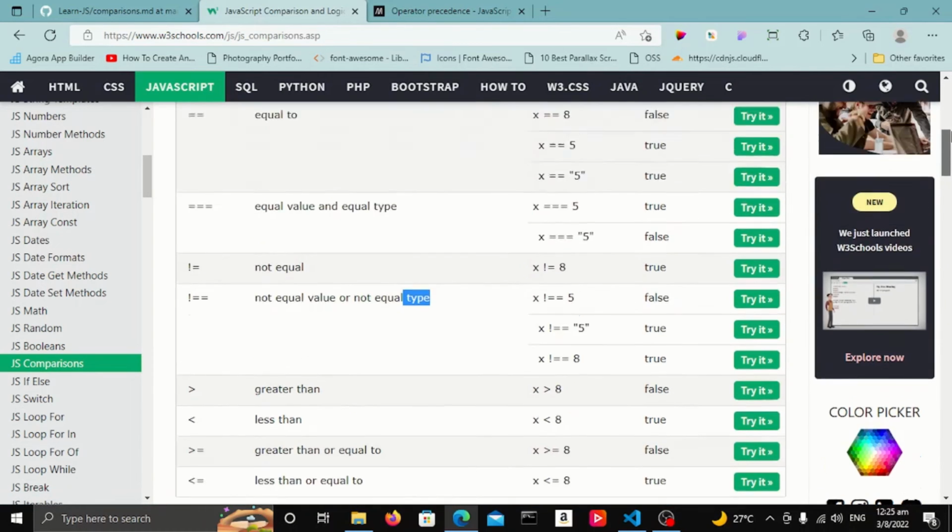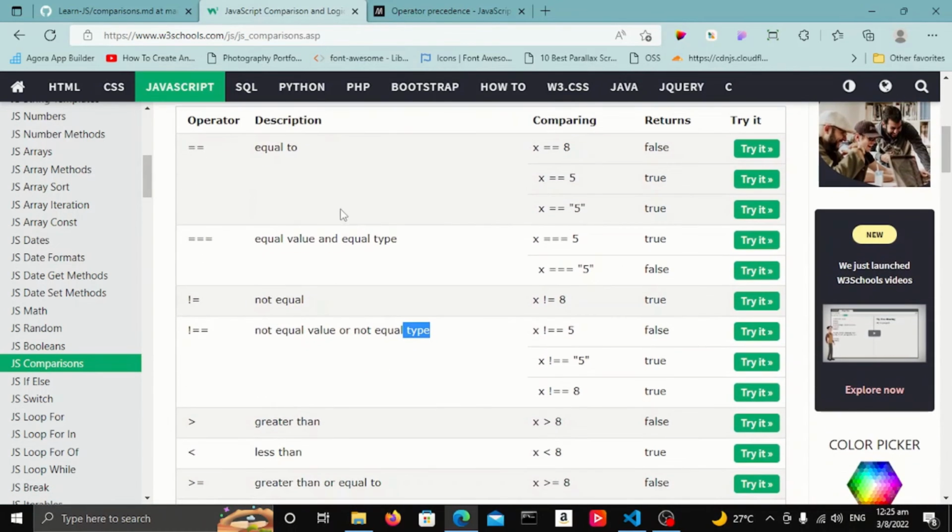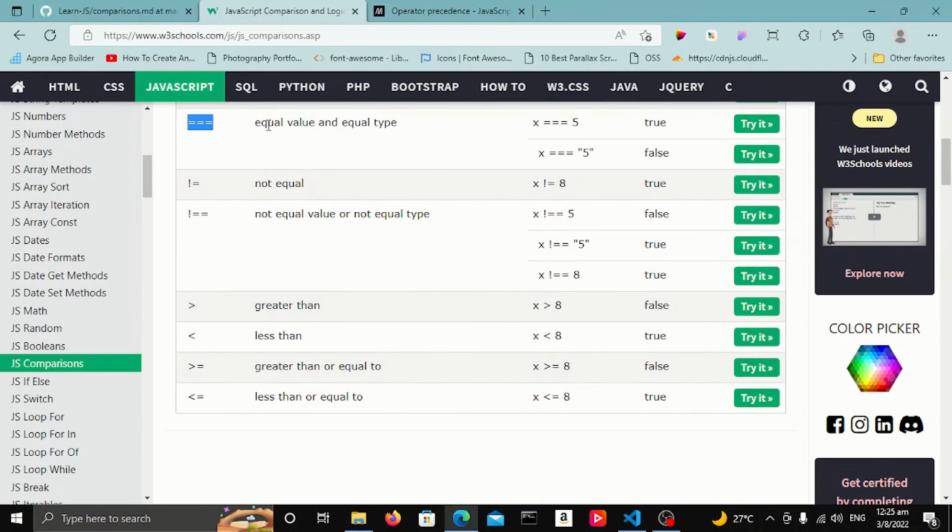Now this works similar in some sense to the triple equals operator, but instead of checking just the equality of the type, it returns the opposite, similar to when we were explaining what the negation operator does. So this reads,